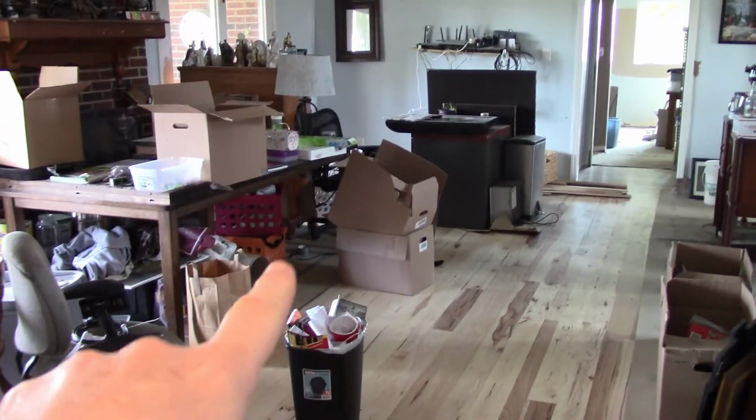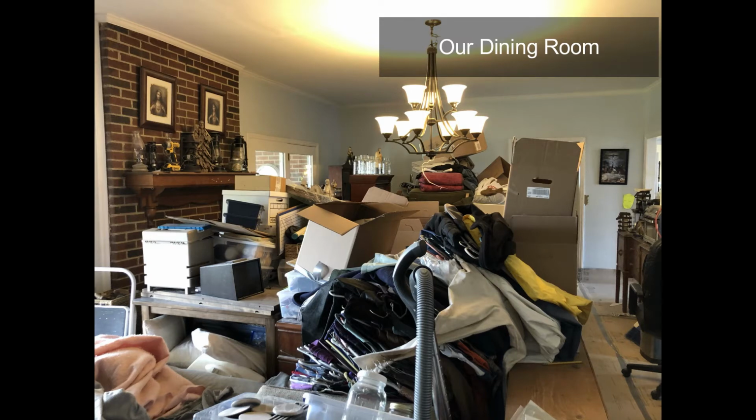We have been back from the mountains for almost 3 weeks now, and we are making progress on our house slowly but surely. When I came home, this dining room where I'm standing was covered, it felt like almost to the ceiling, with all of our stuff. I'll have to go back and see if I can find some footage or pictures that I took. Furniture, my bed, everything was in here for the most part because